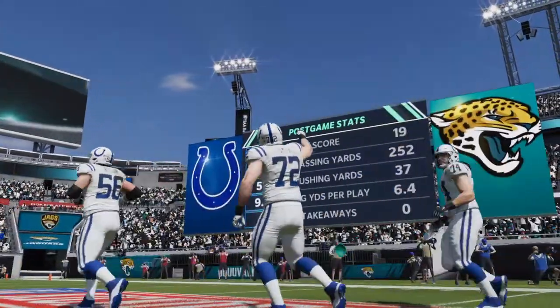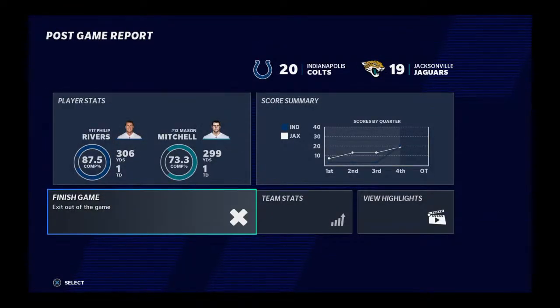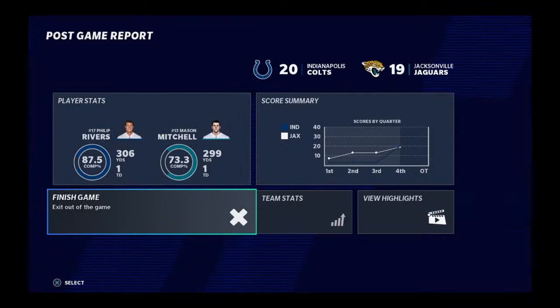So for Indianapolis, they can breathe a sigh of relief as they're able to eke out the 1-point victory here in the opener. And they will head home next week to take on the Minnesota Vikings. Meanwhile, for the Jaguars, they go down to defeat here in the opener. And they'll try to